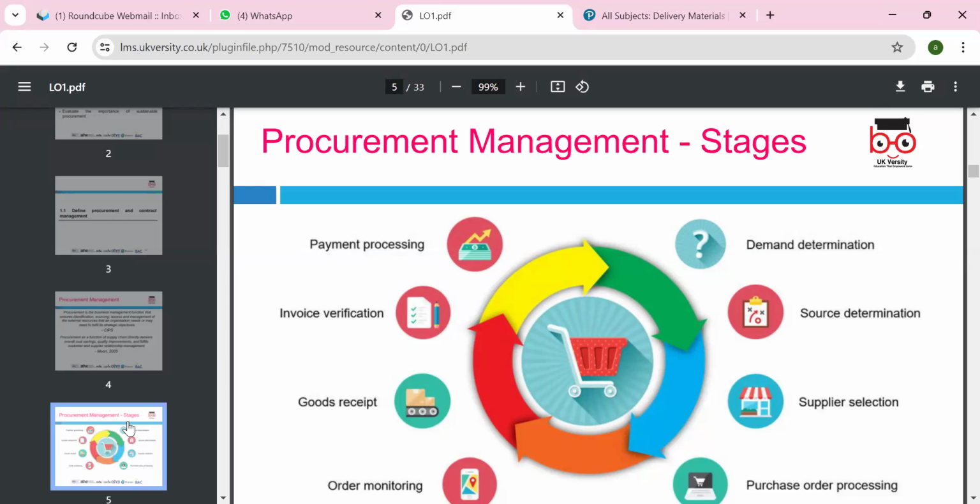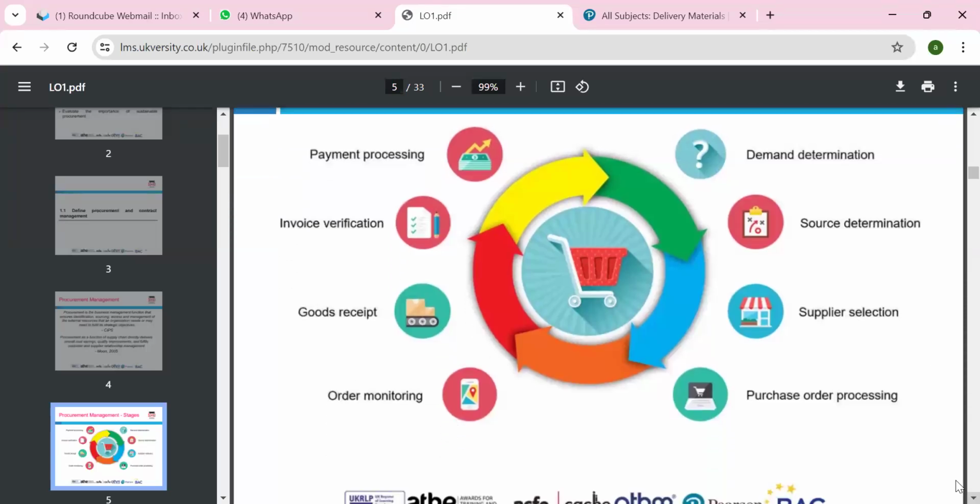Supplier selection: you look at the ranking of the suppliers, ranking methods like rank A, rank B, do market research, look at the pros and cons and the terms and conditions, and then you can select the suppliers. Then purchase order processing: you do the purchase order, then the company receives the orders, and order